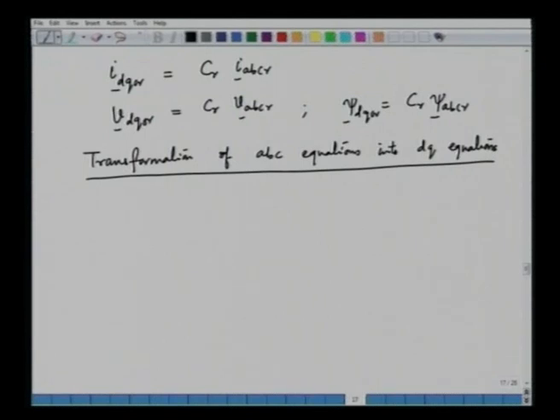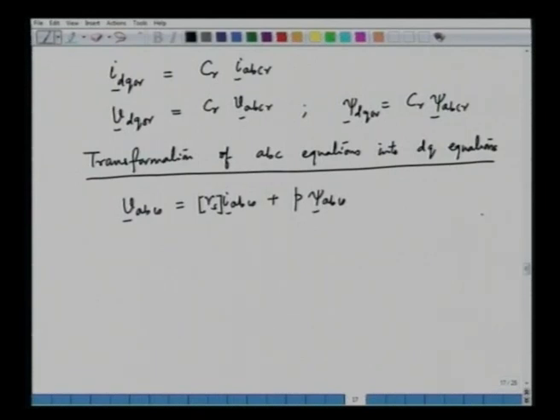So, we start with the stator. First of all, we start with the stator equations. We can write down here VABCS, that is equal to RS IABCS, RS is a matrix, plus P psi ABCS,